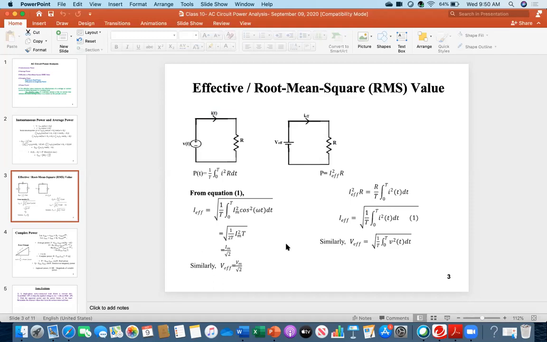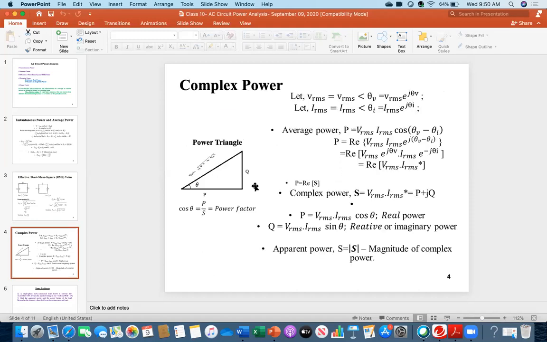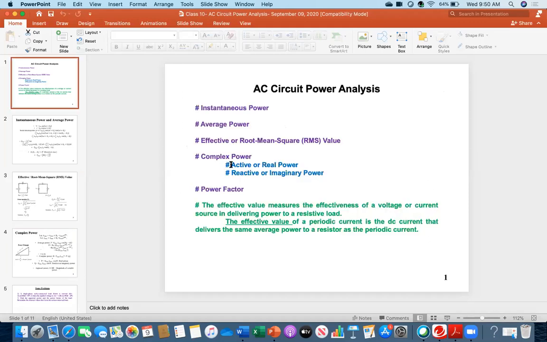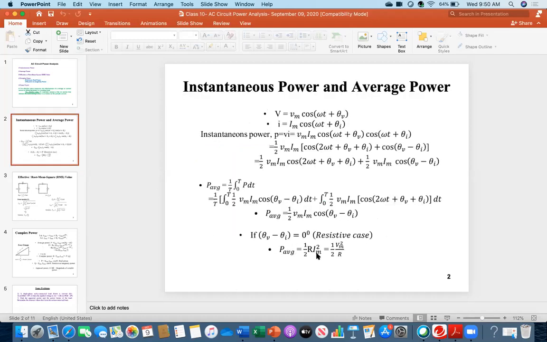Okay, so therefore now moving forward, I want to show you that concept of complex power. You understood what is instantaneous power and what is average power, but I want to explain what is complex power. So before moving on, everybody, I think I need to talk a little bit here. Everybody see the very last term, just look at this term. You see, this is the Vm and this is the Im. So these are the amplitudes.